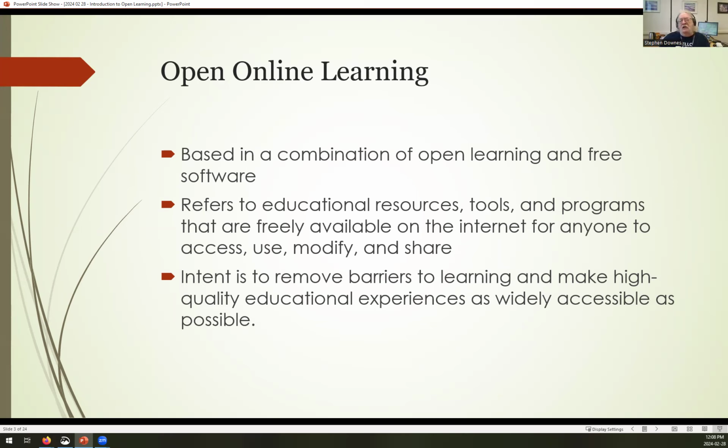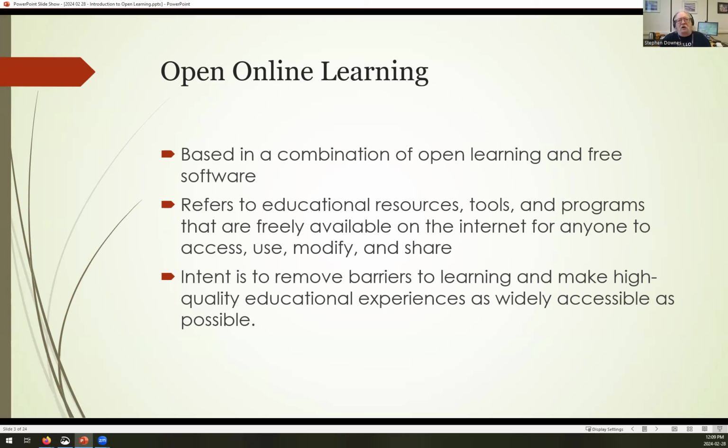Open learning is the idea promoted by agencies such as the Open University that people can take a course, online, offline, whatever, without having to qualify for admission. If you think you can handle the course, you just take it. Open online learning takes that concept, open access learning, and puts it online. So basically the idea is if you think you can do the open online course, you just do the open online course.